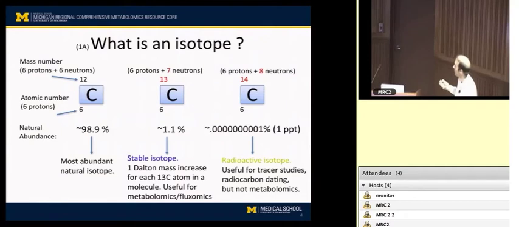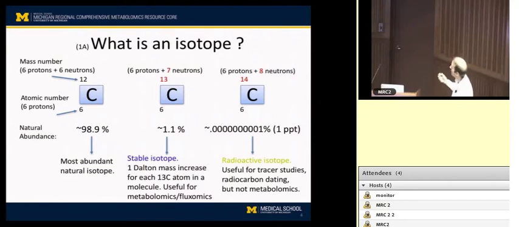So if we look at carbon, the most abundant form is carbon-12. It has an atomic number of 6 that defines it as carbon. That means it's got 6 protons. Its mass number of 12 means it's got 6 protons and 6 more neutrons that give it that mass. A stable isotope